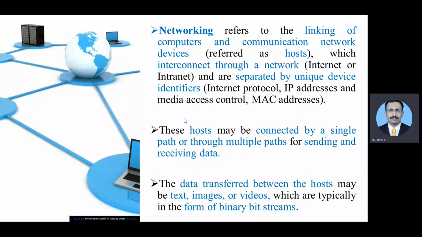So for example, A is connected to C, and A is connected to B, but suddenly A and C quarrel with each other and break up. But if A is connected to B and B is connected to C, what will happen? You can establish connectivity later also. So that is the difference between these things, which we'll be discussing in detail. It's very interesting to understand all these things.